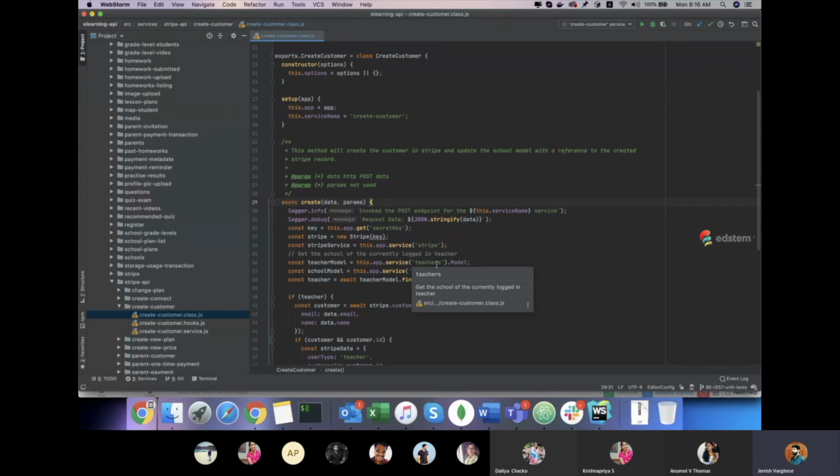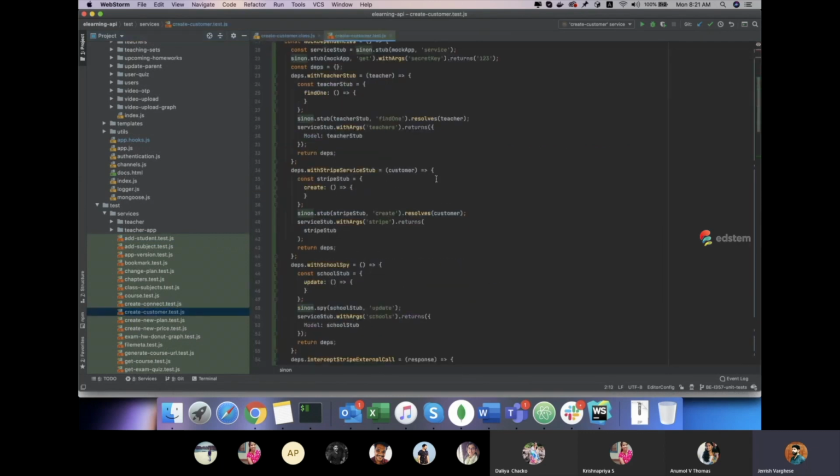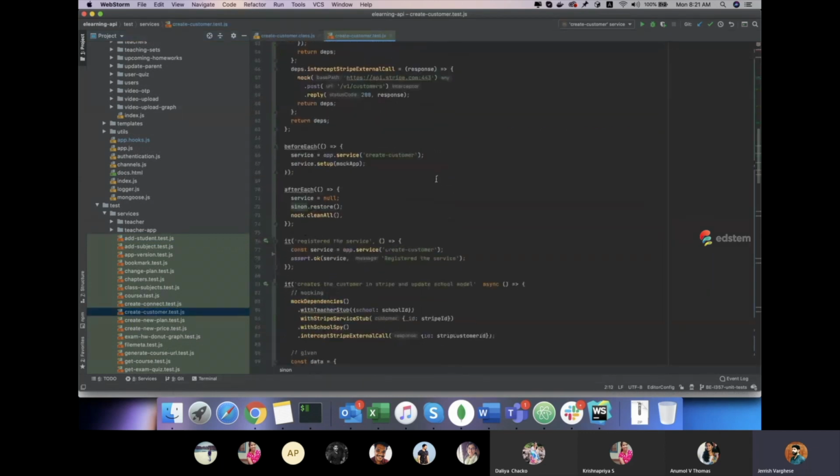So that's where the unit test cases will come. Obviously, all the Postman scripts that we are doing ideally should be done as automation testing. So based on that, I wrote the unit test cases for this